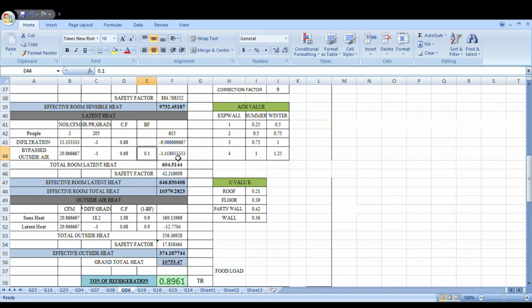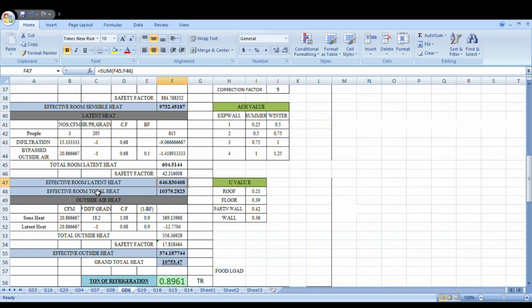So total room latent heat is 604.5144. Okay, and we have to add safety factor, 42.31608. So effective room latent heat, if we add these two values, you will get 646.830,